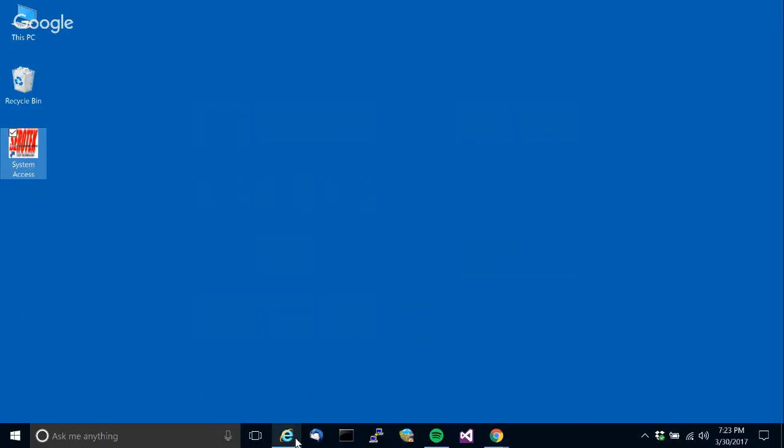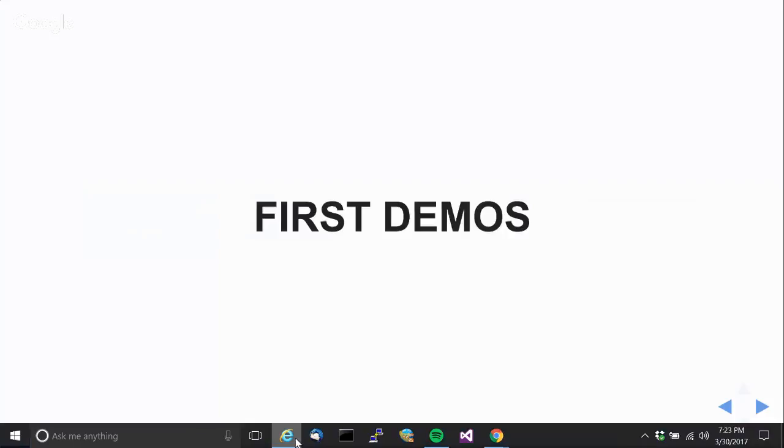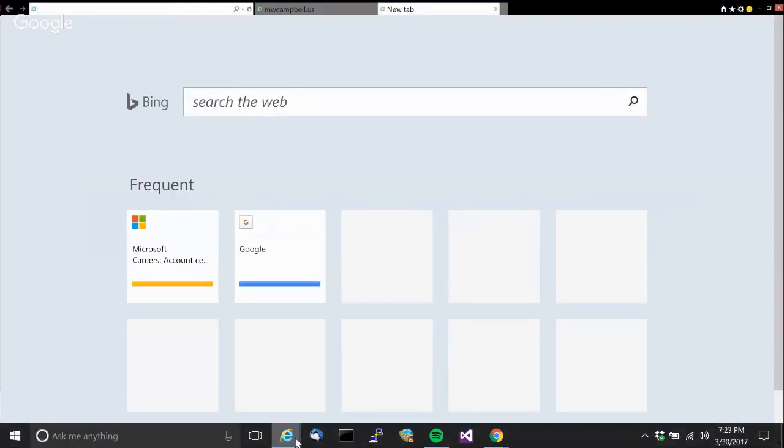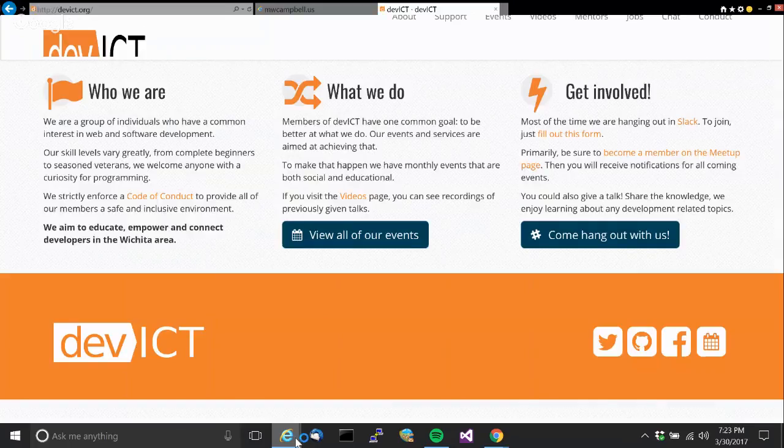I'm thinking the most interesting thing to demonstrate here would be web browsing. HTTP. Did I not give that thing a title tag? Okay, so let's just open a new tab. Address and search using pin, editable text, HTTP, and let's see. I'll go. Yeah, sure. List closed. Heading, who we are. We are a group of individuals who have a common interest in web and software. Now, let's see. Did you use an ARIA landmark?